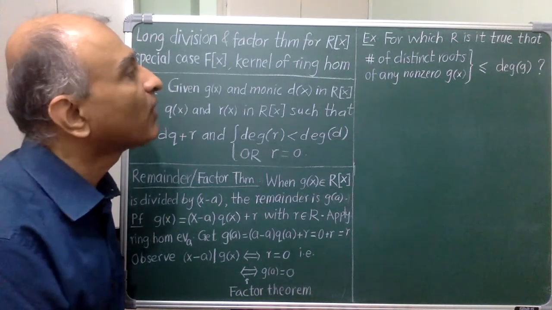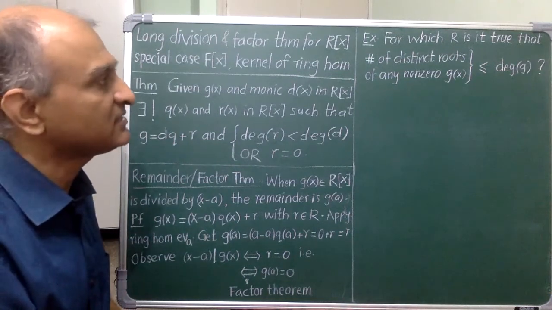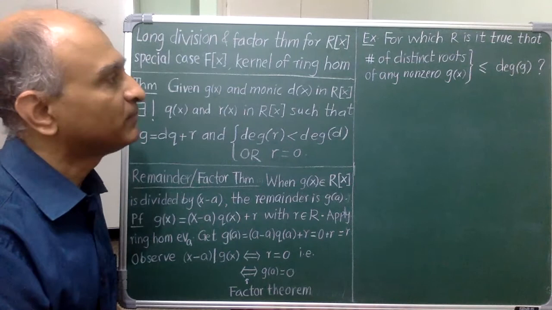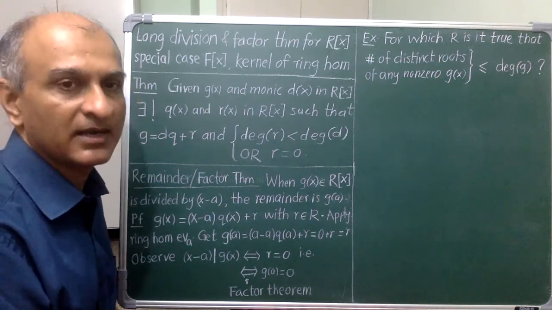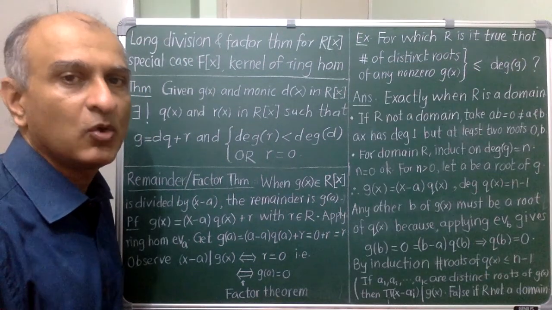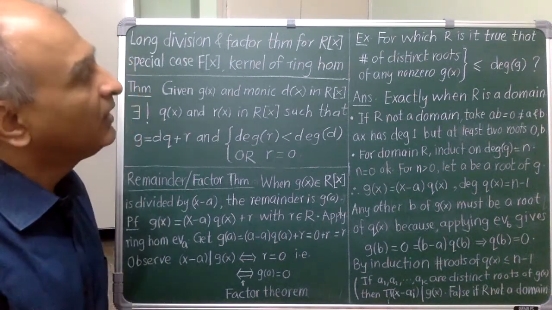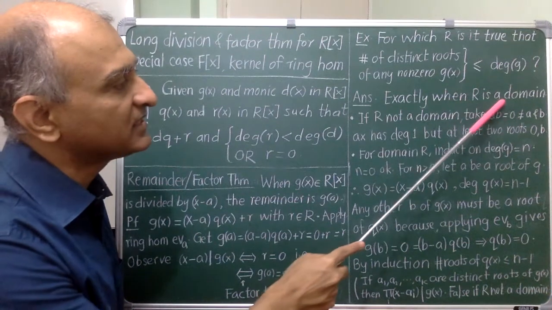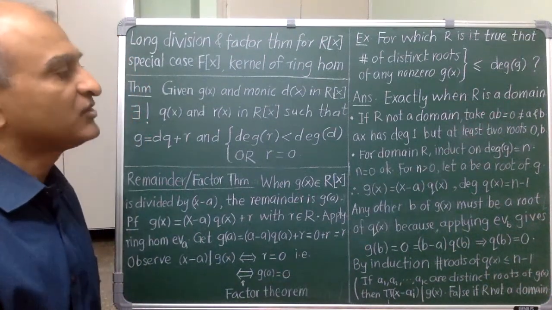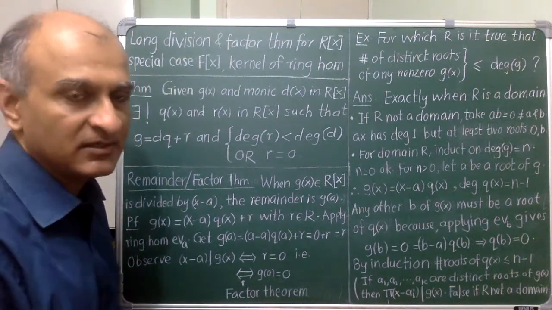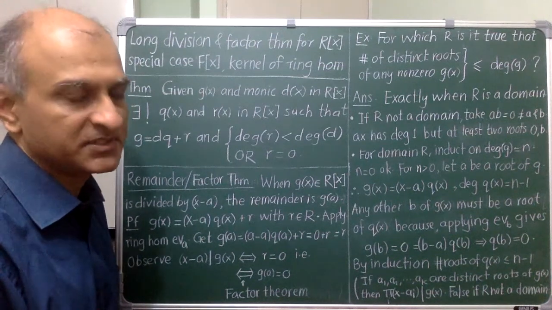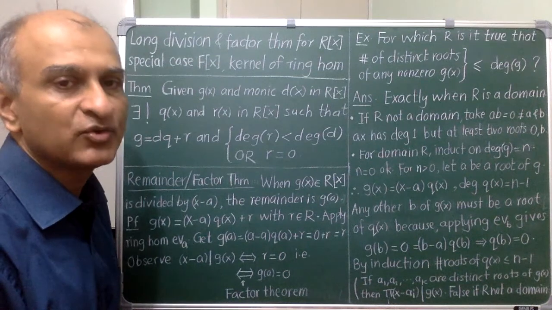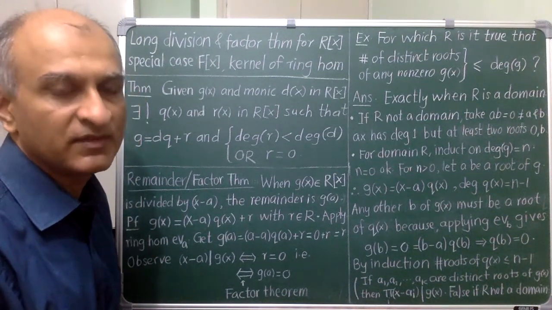I have given you a problem here, a nice exercise that uses some of these ideas, and it's also quite fundamental. So please do this exercise properly right now. Okay, so let's do this. The bound on the number of roots holds precisely when R is an integral domain. And the solution uses the factor theorem again along with substitution. So if you were not able to do this problem, please try to do this now, since you are given the final answer.